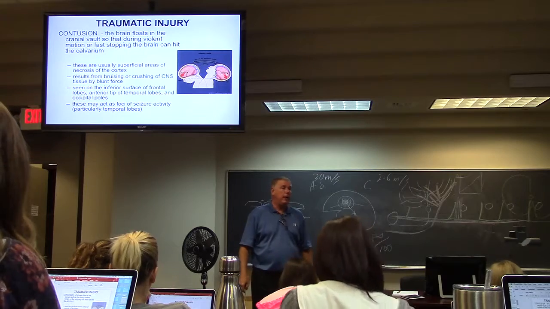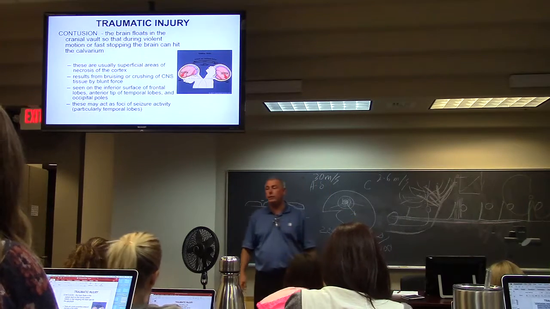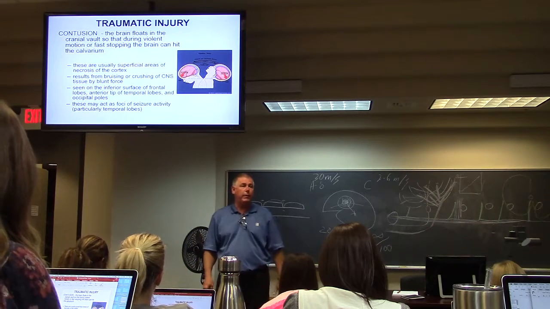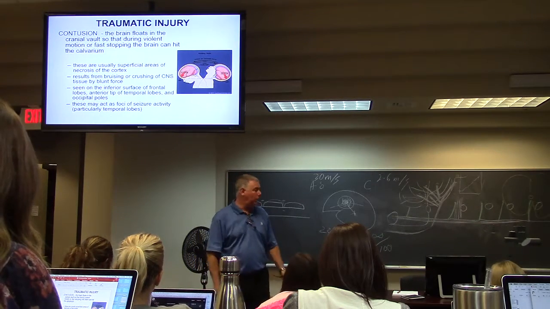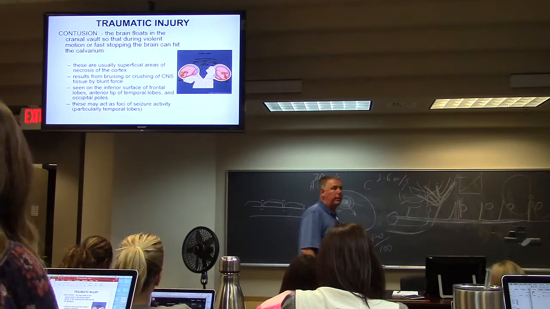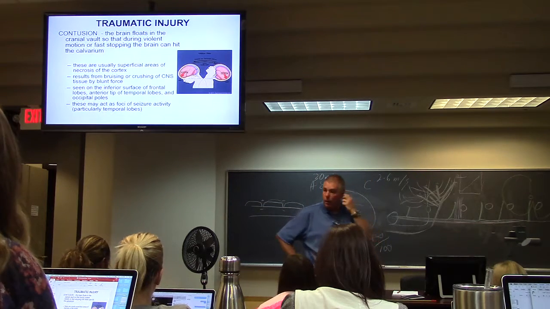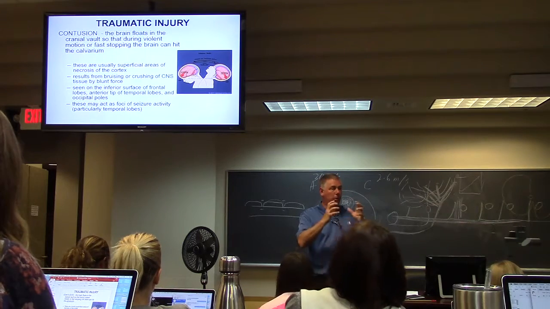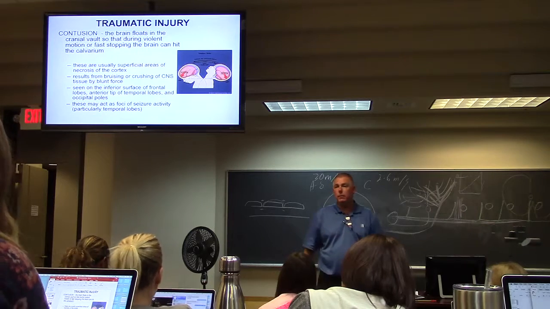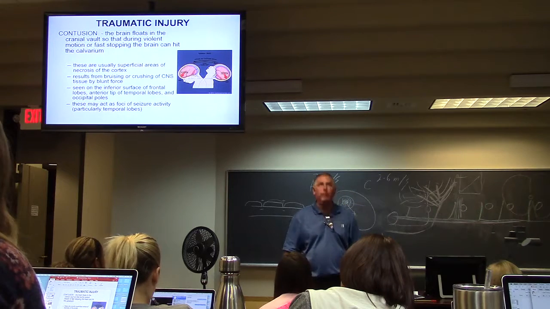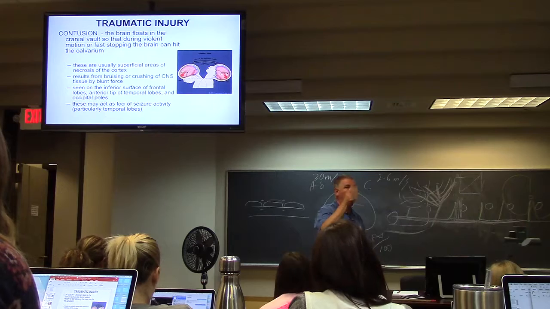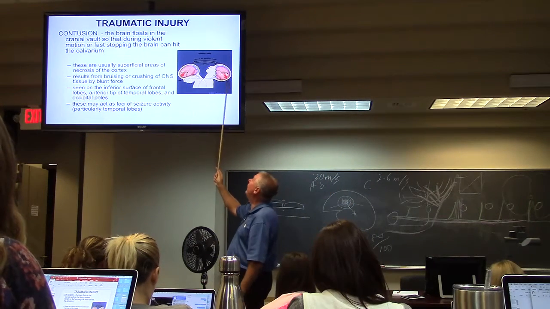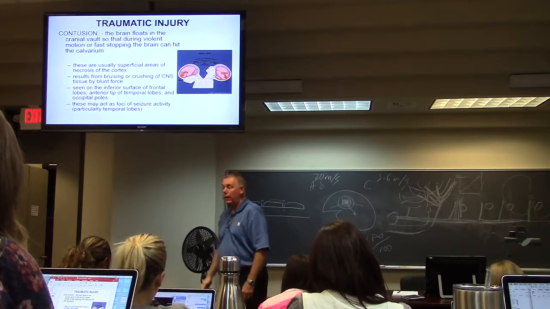Versus traumatic injury producing a contusion. A contusion is an actual anatomical damage to the brain that you can see. The one that's most unfortunate is all too frequent in Oklahoma, and that's shaken baby syndrome. Where you take an infant, less than a year old, shake them and their head goes back and forth and their brain winds up banging against the frontal and occipital bones, producing damage in those two areas.